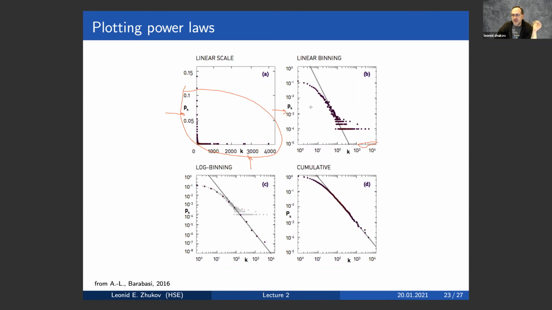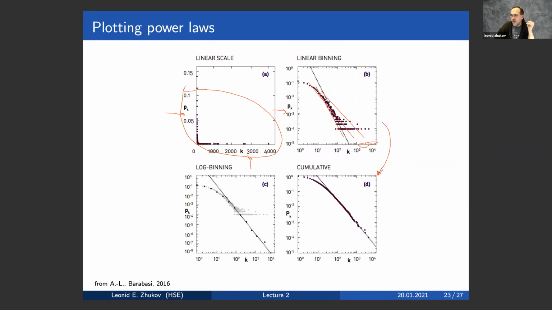Now we understand why there's a sort of staircase there, right? That's the right thing, they should be there. But now when I have this picture, how do I draw a line? I can draw it this way, or this way, or probably this way. Which one is the right line? It's hard to say. But instead of doing it here, you can actually calculate the cumulative